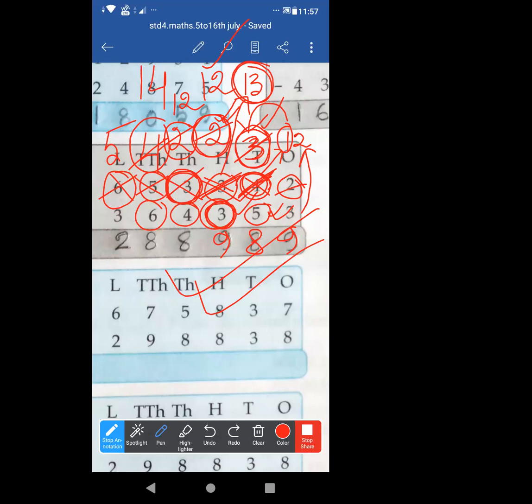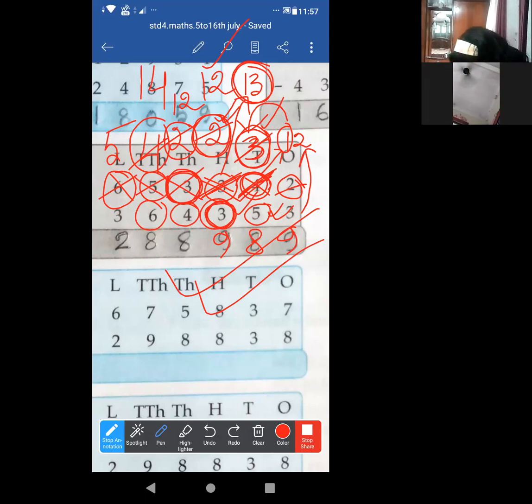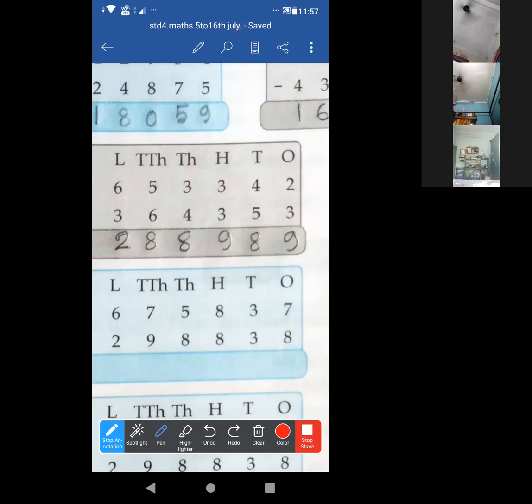Acha, now let me explain. Most of the students today are turning off the camera. I don't know if it is due to network issue or not, because I am also facing problems due to network. Okay, but try to keep on your camera. Sometimes your voice is breaking. Yes, basically, I also sometimes cannot hear you due to network. For a few days, there is too much network problem. Yes, ma'am.